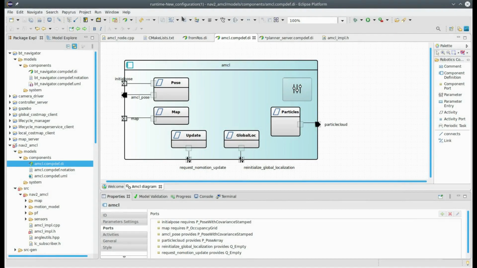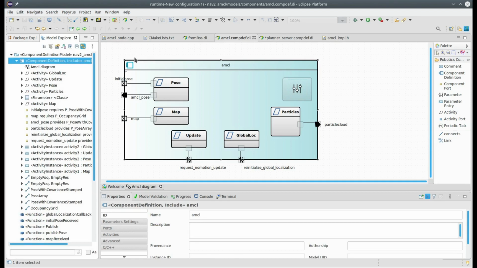In this video I will talk about the generation of build files, notably package.xml and the CMakeLists.txt file from a component definition, and in this case in particular from the AMCL component definition. So for many components you don't need any additional dependencies, but in case of the AMCL component you need additional